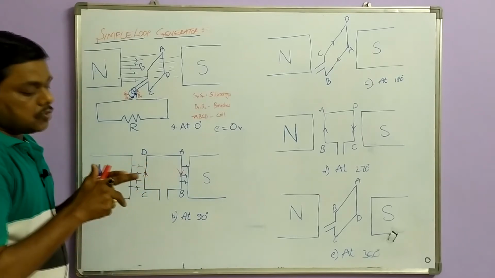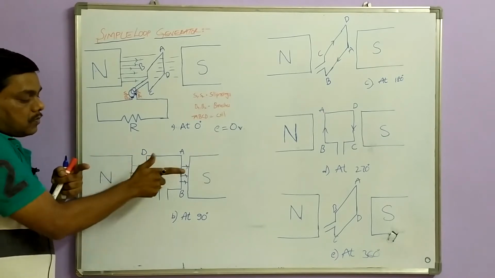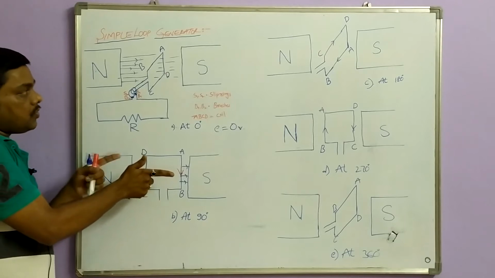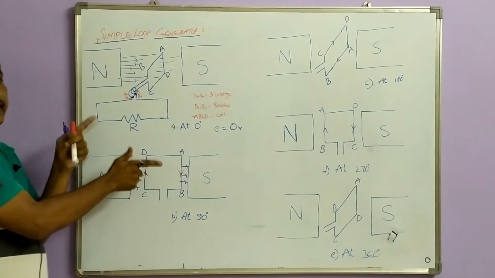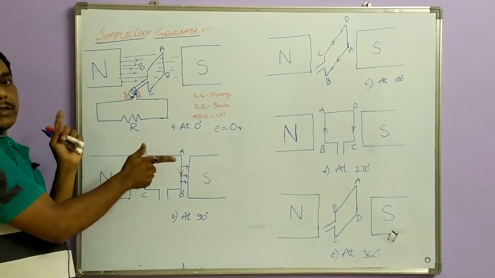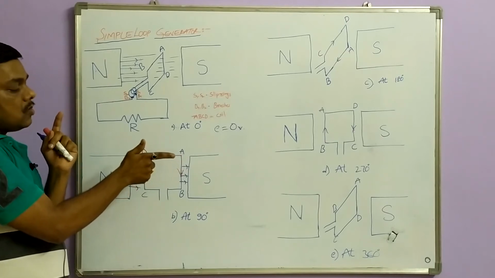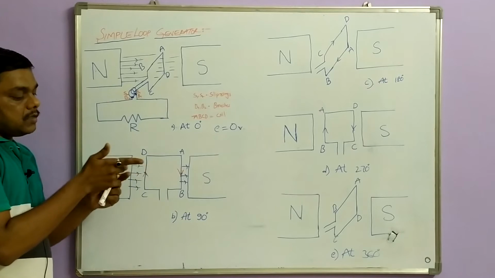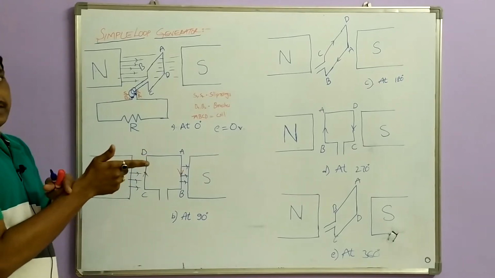Now if you place your forefinger parallel to the flux direction, and if your conductor force is in the upward direction, why? Because we are using some external mechanism to move it upward. So what is the direction of your current? That means this middle finger shows whether the current is in the inward direction or outward direction.